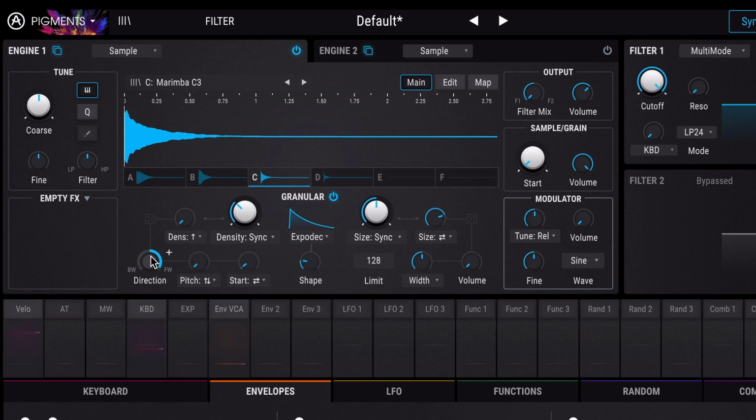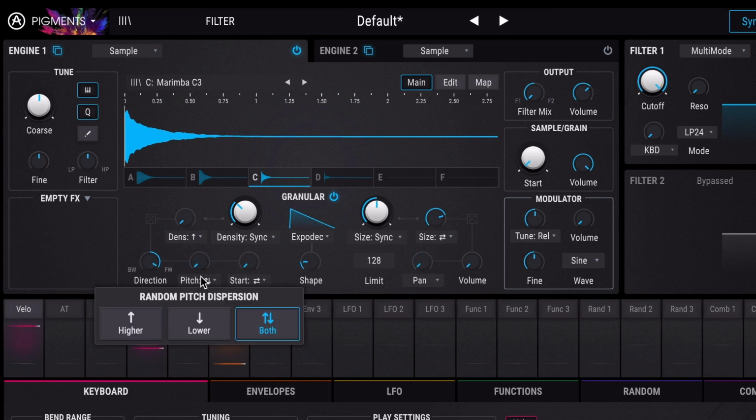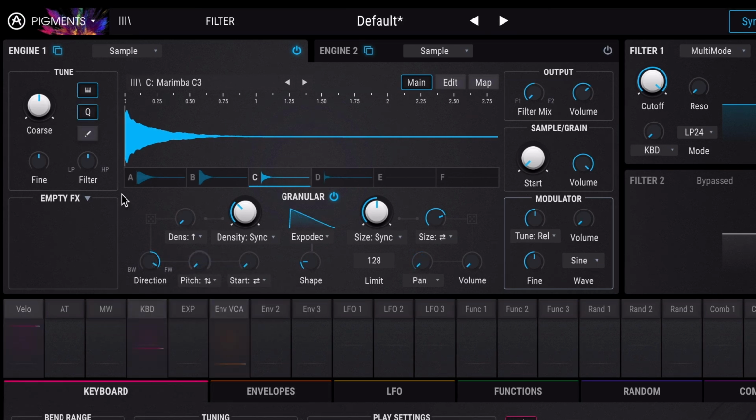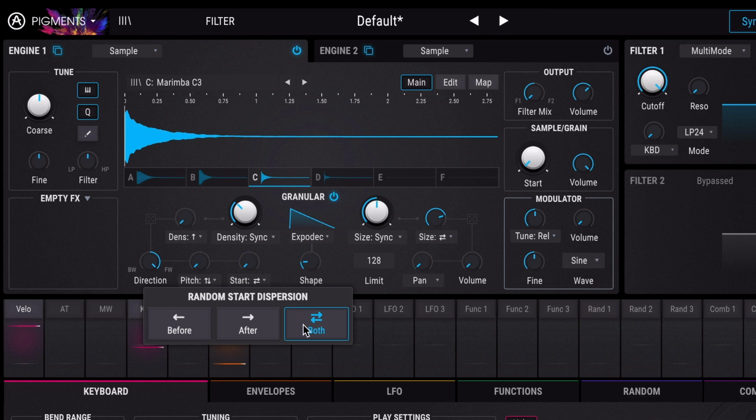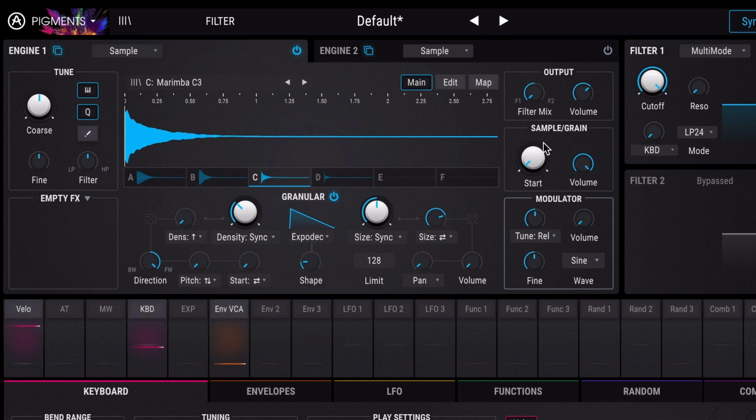The random pitch knob adds dispersion from the value determined by the tune section to the pitch of each grain. When quantize mode is on, the pitch of each grain will follow the selected scale. This setting can give you some pretty cool results. The randomization gives you a range of up to 3 octaves as well. The random start knob, on the other hand, adds a random offset to the start position. Setting it around this value will result in a pretty nice groove.